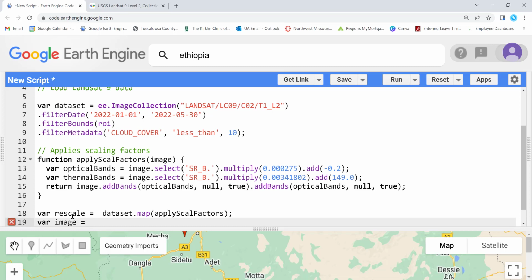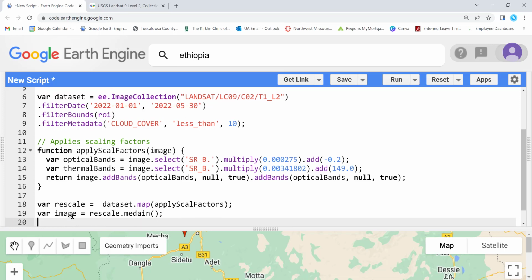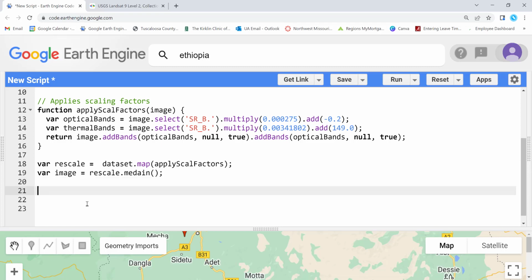So our image, we'll call this rescale, and calculate the median. All right. And finally, let's create a visualization parameter here. I'll call it visual, or visualization, and open a curly bracket,